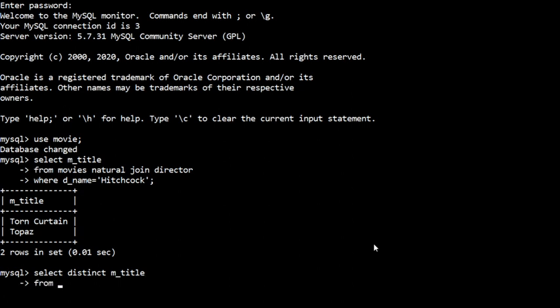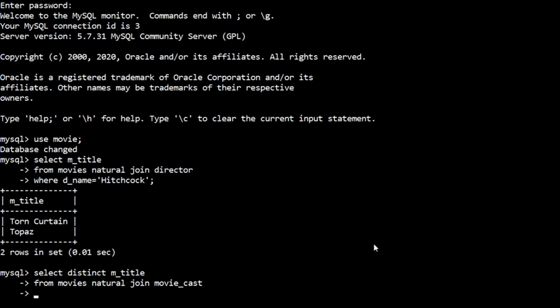From which table do we want it? The movies table. And to get the actors, we have to take the actor id. Then we have to see whether they have acted in more than one movie. So I'll take a natural join with movie cast.